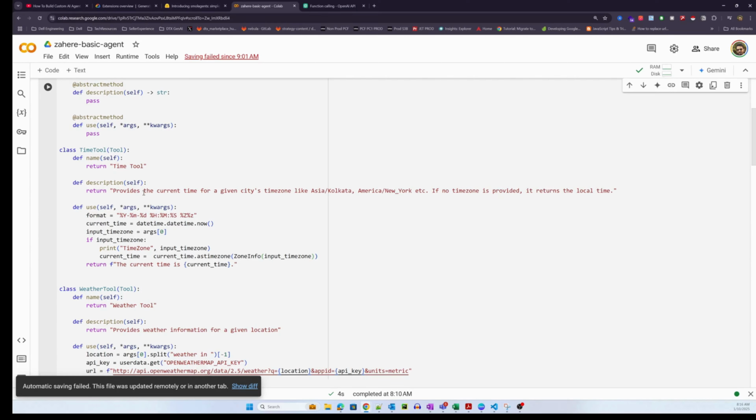In the time tool, we are asking the time tool to provide the current time for a given city's time zone, like Asia, Kolkata, America, New York, etc. And if no time zone is provided, it returns the local time. Meaning, when an LLM has access to this particular tool, remember, the user might not always give the time zone here, right? The user will always give you only the location.